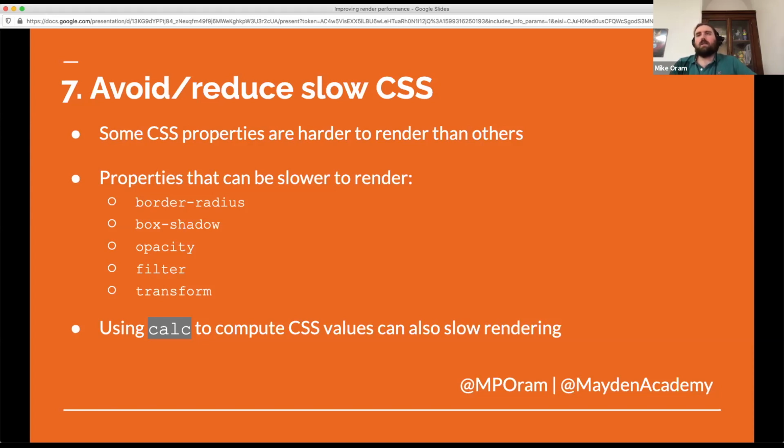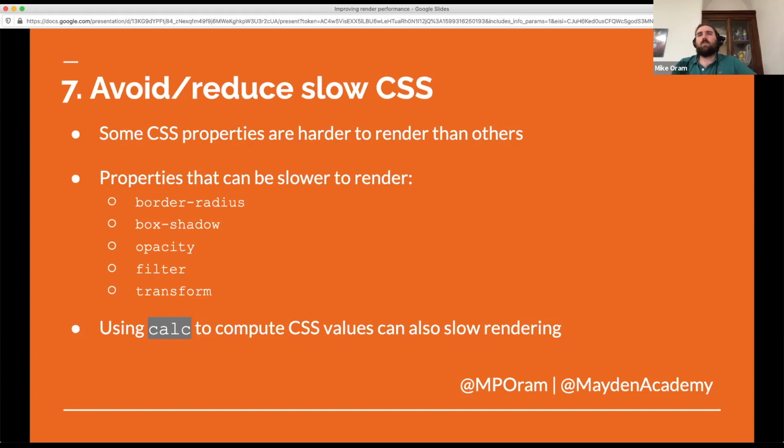How much are you really going to notice? Something like opacity, can you do it with an RGBA? It will be a little bit faster than actually using the opacity property, but ultimately will still affect the render performance. But if you've not got a layered effect and you're just after a particular shade, can you get the solid color rather than the opaque version of that color? So yeah, trying to avoid these